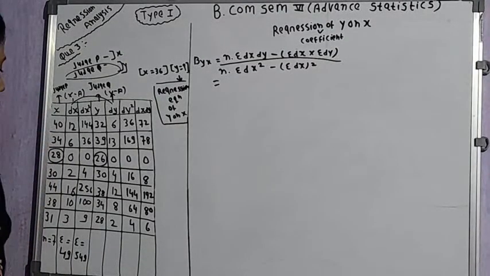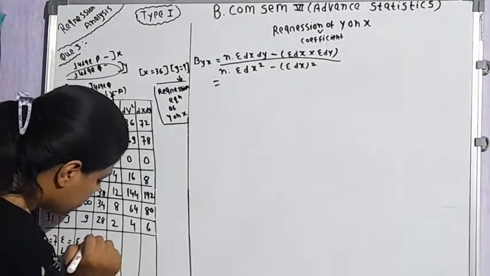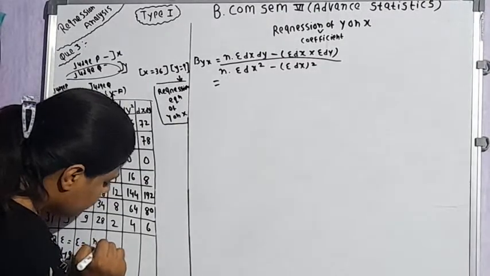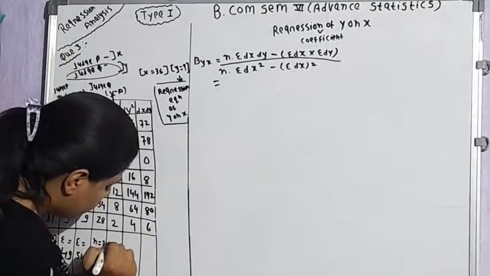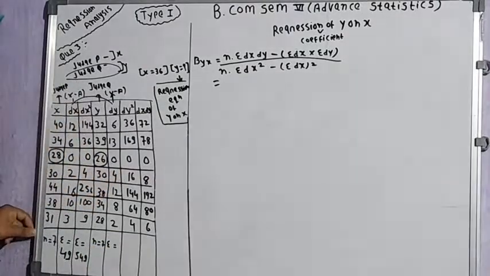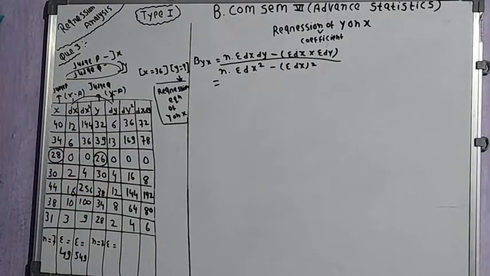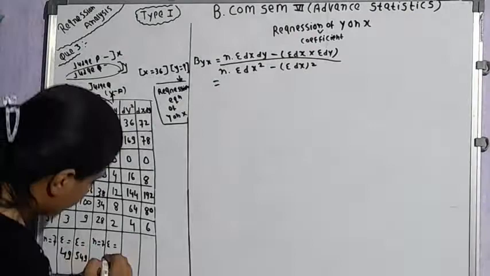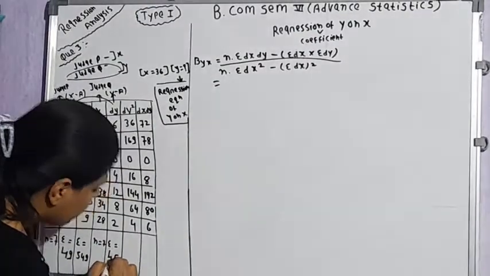Then we have the y column, y series, whereby we have been given again 7 participants. So n is equals to 7. Then we have to compute summation dy. For this we have to add the values given under the dy column. So it is 6 plus 13 plus 4 plus 12 plus 8 plus 2. So it comes to 45. Summation dy is equals to 45.